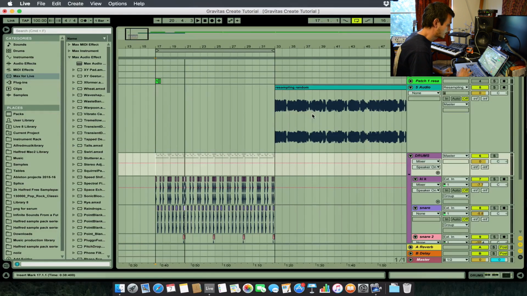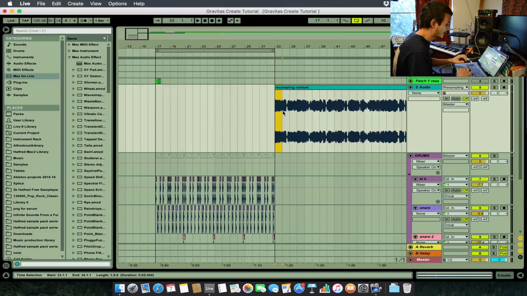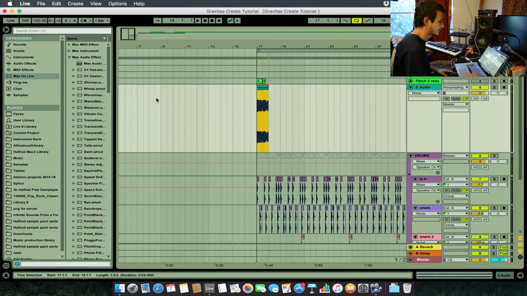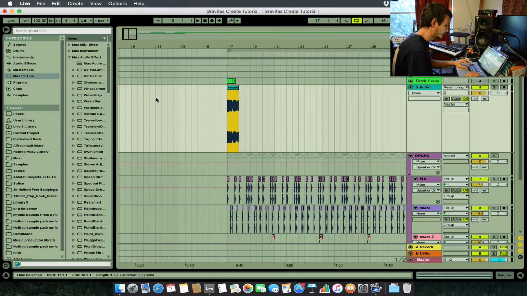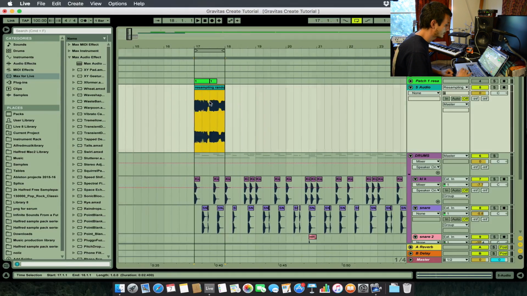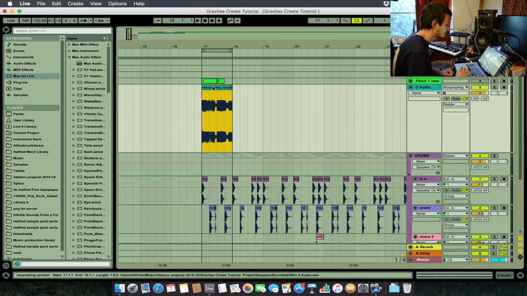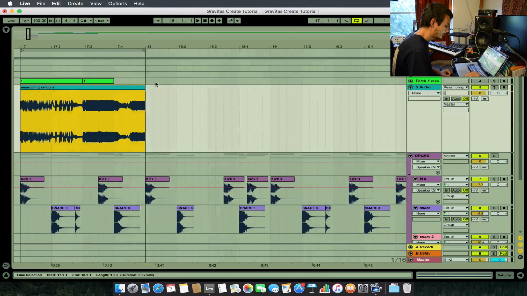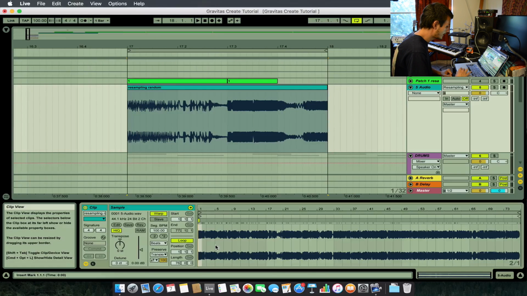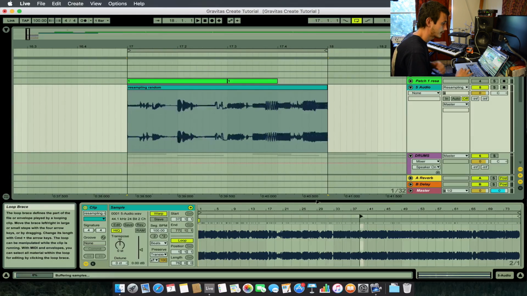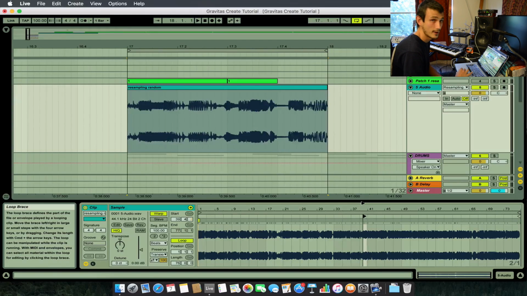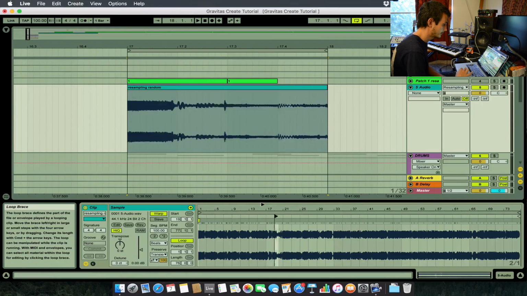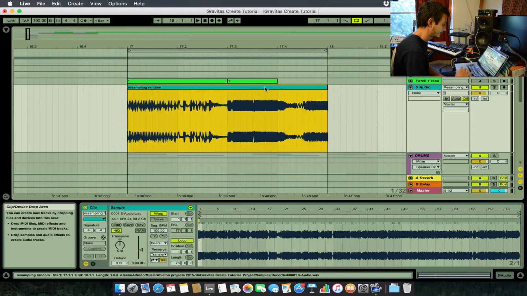So okay, what I do is import a part of this long clip. It doesn't matter which part, because I'm actually going to decide which part of the long clip I'm going to use. So I just place it in there as a placeholder. I'm going to zoom in. It's already on loop mode, so I can basically move around the clip. And now I choose the part that fits more to the rhythm. So let's start with